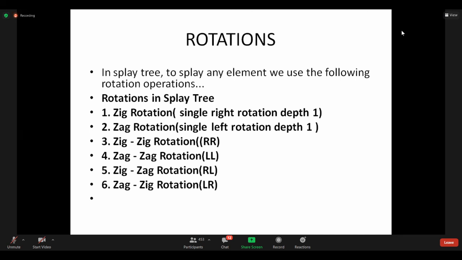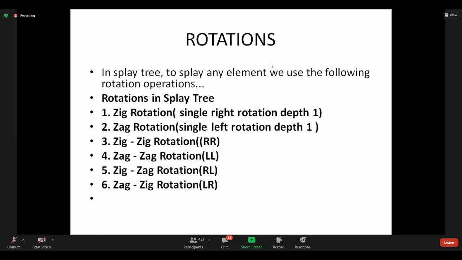We won't consider only 3 nodes. We should consider the entire tree. If my tree consists of 7 nodes, and the 7th node is the last newly inserted node, then I should consider the entire tree. I can utilize all the 6 rotations to make it the root. The 7th node should become the root node. Our main goal here is that the newly inserted node should become the root. You can use any of the 6 rotations to make it the root. Clear?